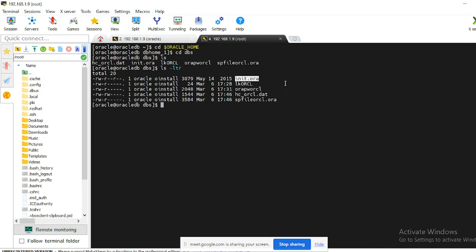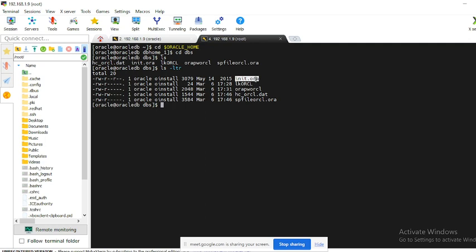Whatever setup you have done when you were creating the database, whatever parameters you set up during DBCA, all the parameter details you can check in the init.ora file, which is called the parameter file.